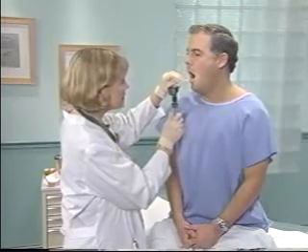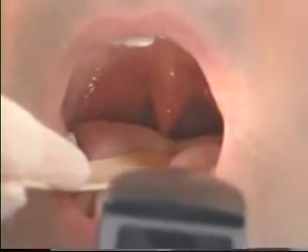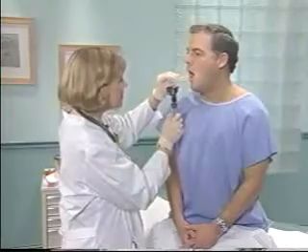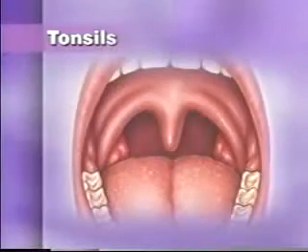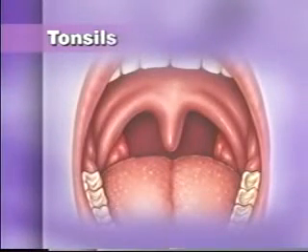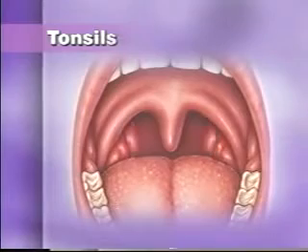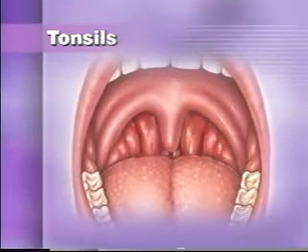Instruct the patient to say, ah, again, and assess the pharynx and tonsils. Their mucosa should be smooth and pink. Grade the tonsils' size on a scale from +1 if the tonsils are visible to +4 if they touch each other. If the patient reported an impaired sense of taste during the health history, assess his facial and glossopharyngeal nerves